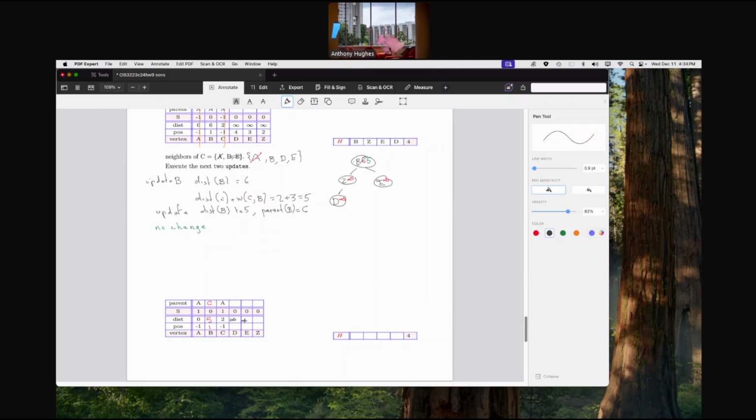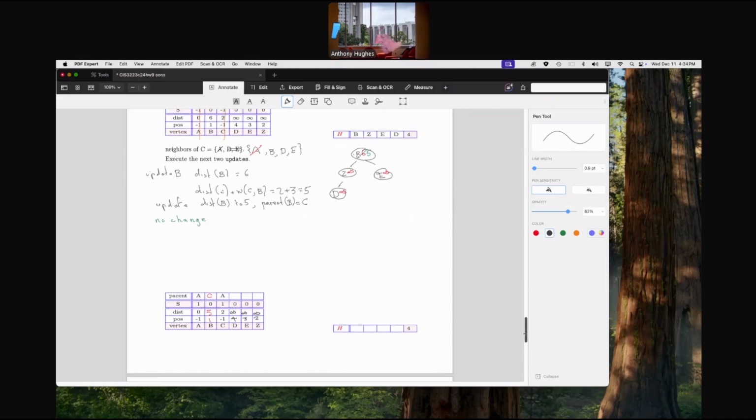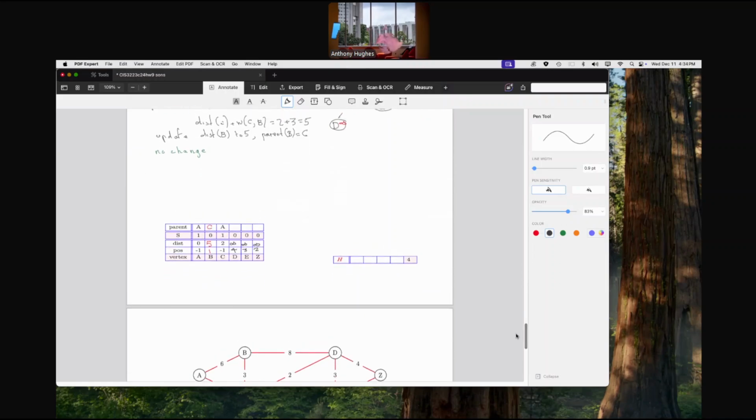Infinity, infinity, infinity, and positions are exactly the same. No change for this. Draw 3 and 2. All right. So let's do the same. So no change here. No change here. This is still